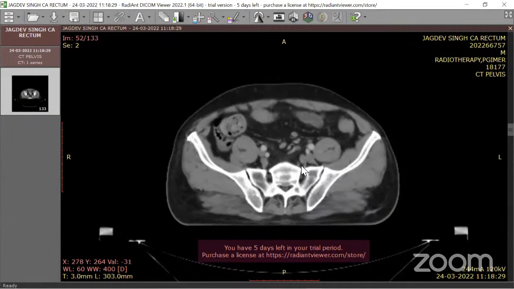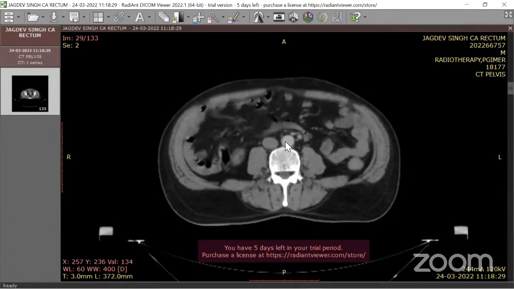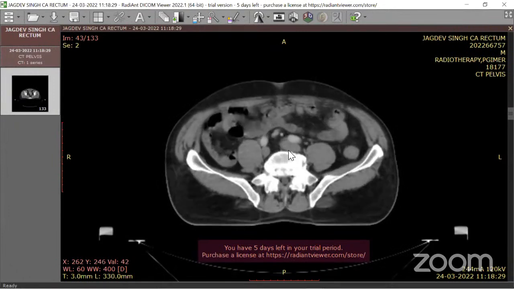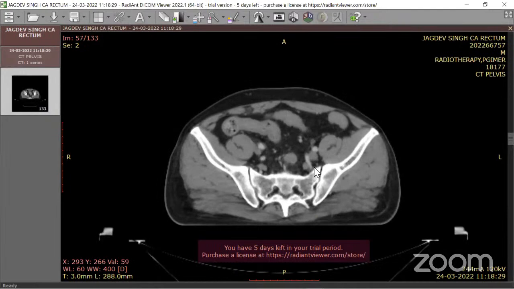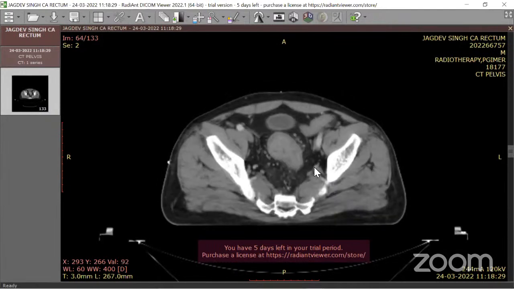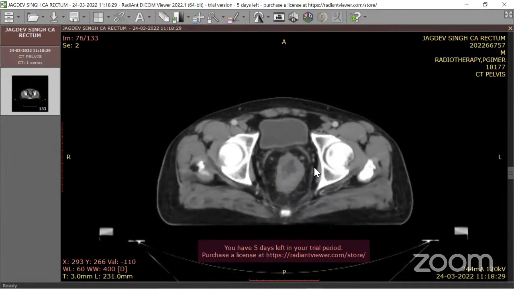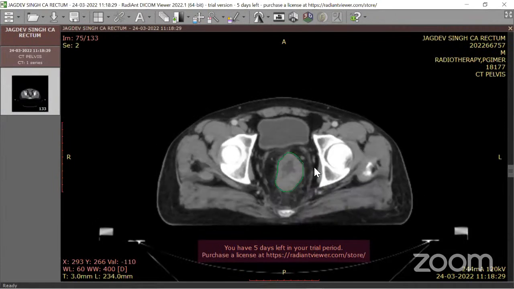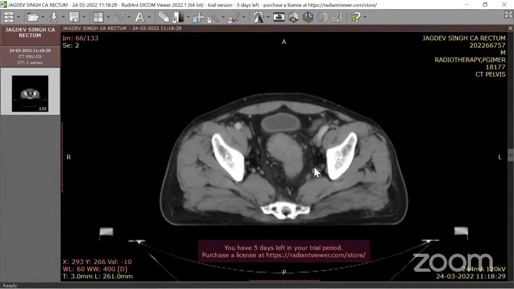Then always, whenever you have done the planning CT scan, always look for the lymph nodes from above. Start from the aorta and then the vena cava. Look around the vessel, see if you could find any significant lymph nodes on either side and search for nodes. And if you could find any, please contour the nodes. I think in this case, there are no significant nodes I could find apart from small inguinal lymph nodes, which could be inflammatory. So if there are no gross involved nodes, then the next step would be to go for a CTV